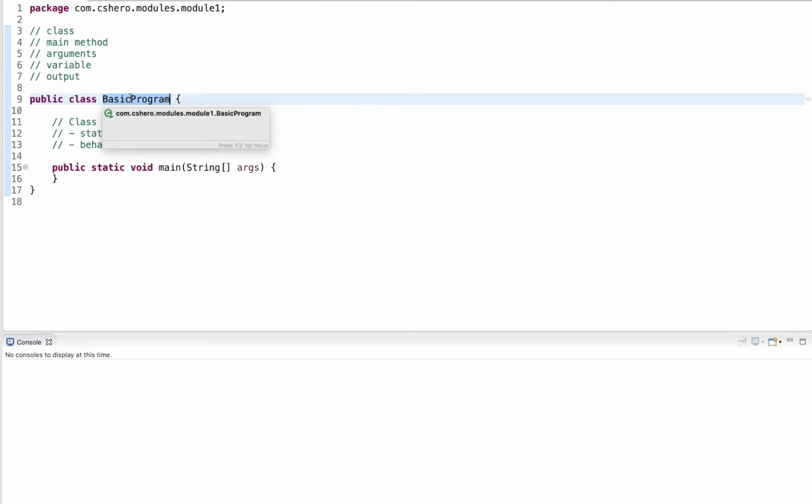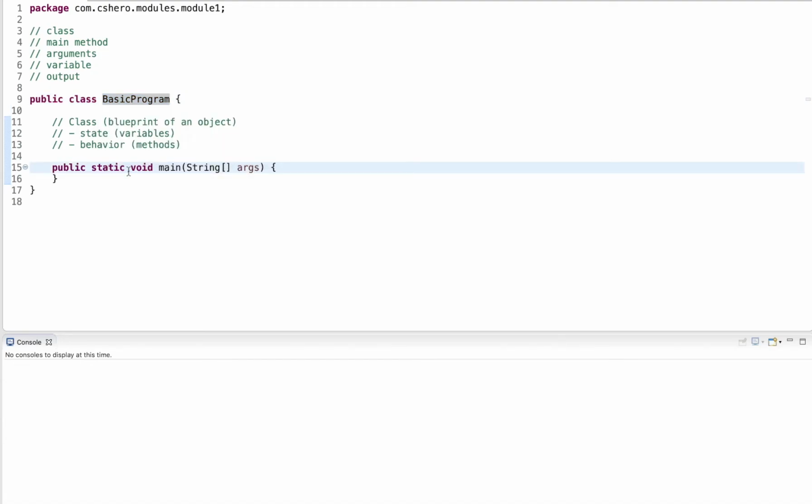Now, in the beginning, this class we can really treat as our program, and we give it just the name of our program. We always have a single method in the beginning, which is just the main method. And the main method is unique in that it is the entry point to our program. When we launch this program, this is what will be called and will start executing our program.